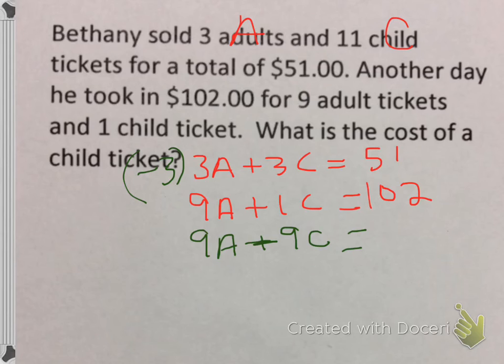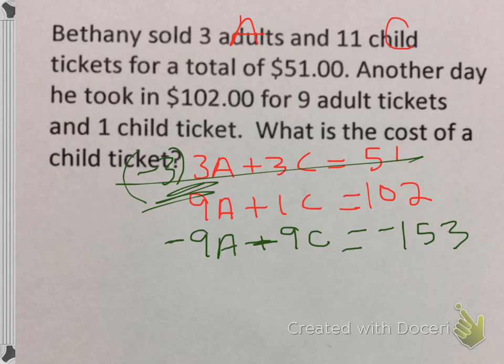So negative 3 times 51 is the negative 153. So I'm not going to use that top one anymore. I lost my negative right here. Make sure I have that right. Because negative 3 times right here gave me a negative 3, or a negative 9, I should say. And then when I add those straight down,